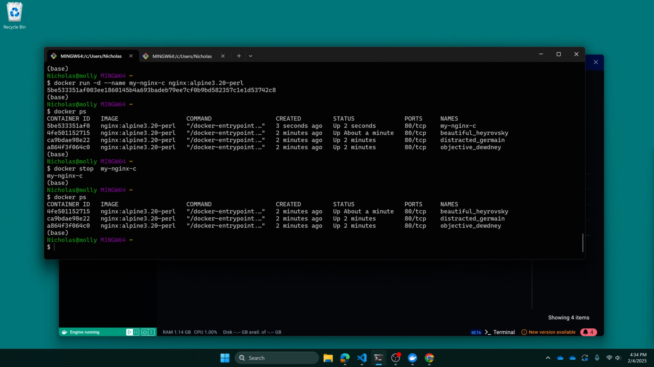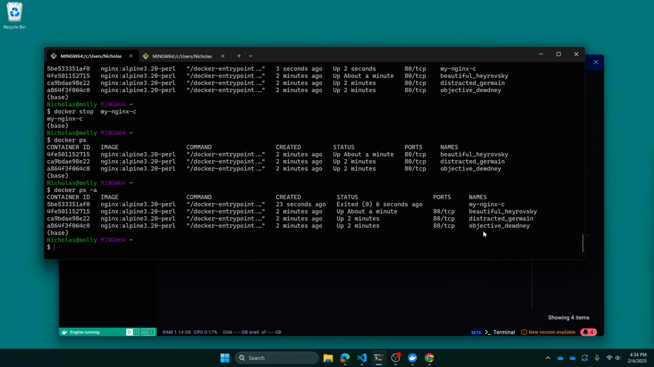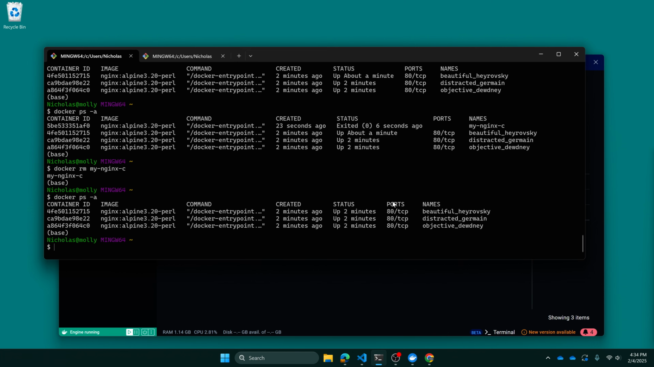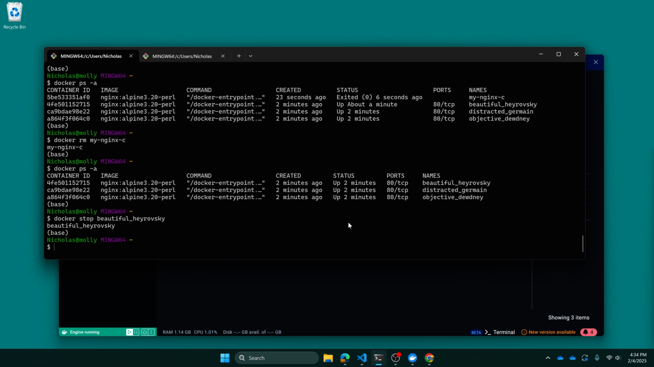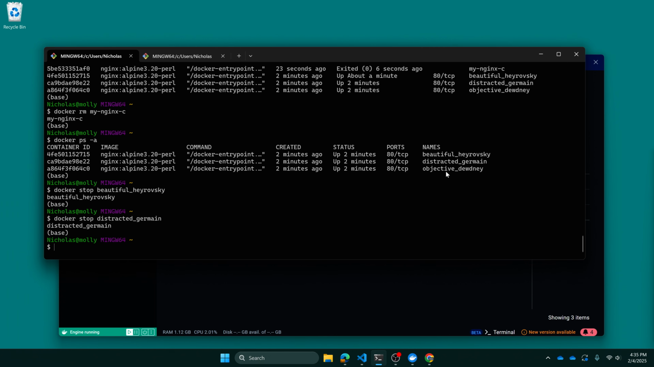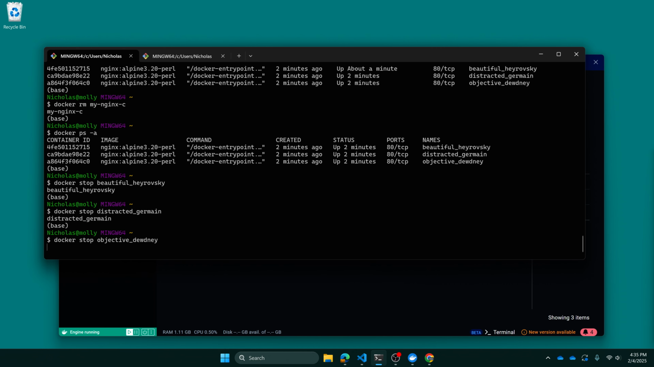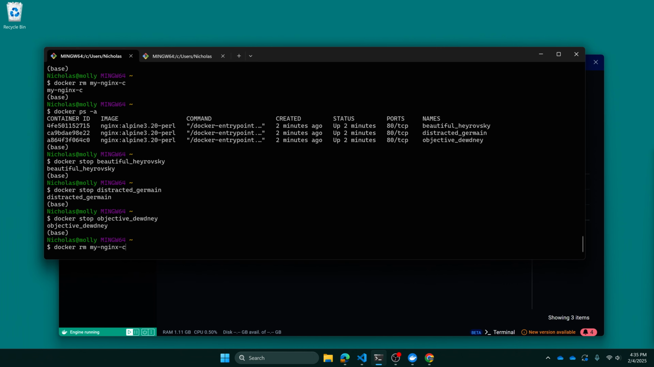And docker ps, it's gone, but docker ps -a, it's still around. So I have to actually remove it. I can do docker rm and then the name of the container, and it's gone. So what if I stop the other ones? Nothing's now running,